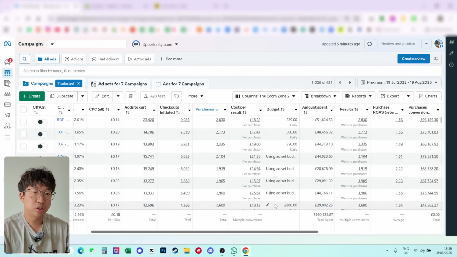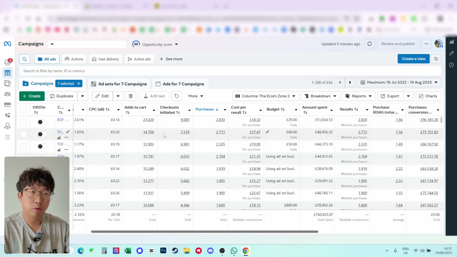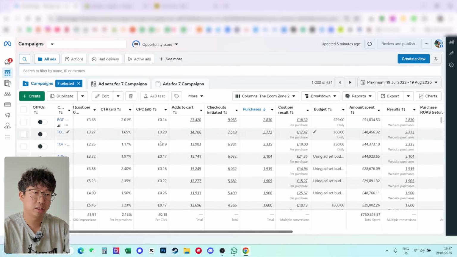Now, when you start making sales, ideally you will be looking at the cost per result column and your ROAS column as well. Now, let's just say you run your ads tonight for 12 a.m. What you're going to do is give it 2 days. After 2 days have gone by, so 48 hours, you're going to look at your cost per click column. If it's above $1, usually I switch it off, especially if there's no add to carts, checkouts, or purchases,